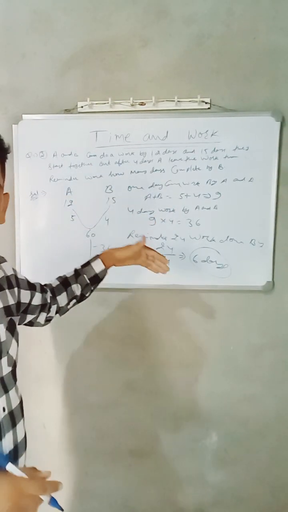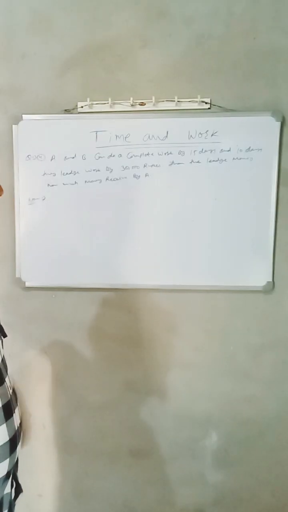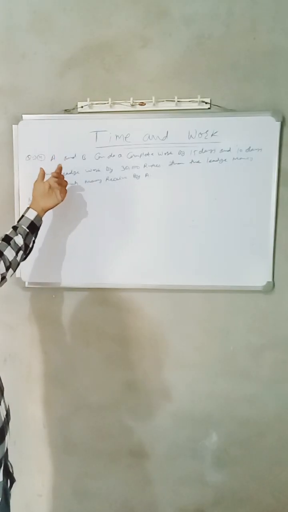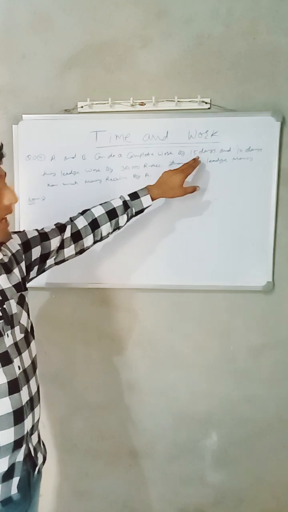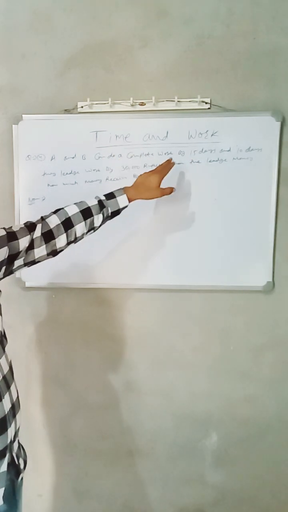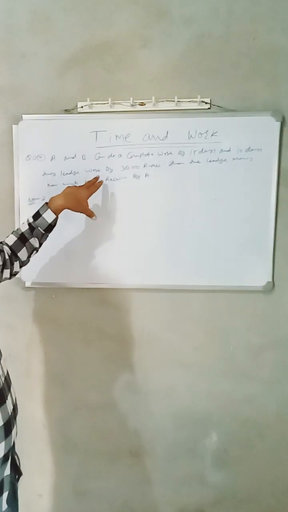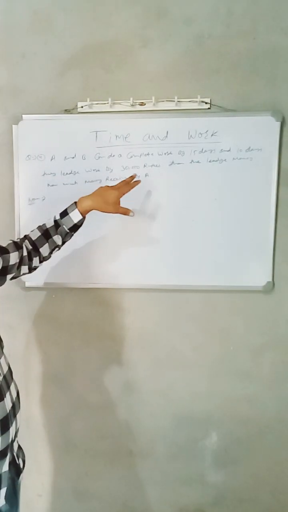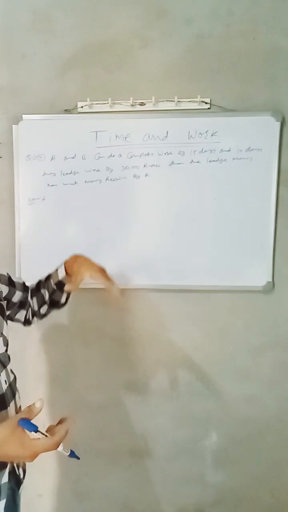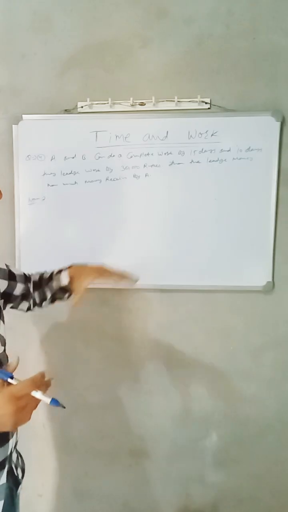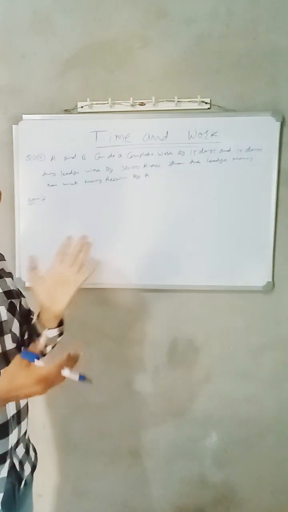Okay, now we start the next question, number 4. A and B can complete a work in 15 days and 10 days. A completes the work in 15 days and B completes the work in 10 days. They lease work for 30,000 rupees. Then how much money is received by A and B from the lease money?